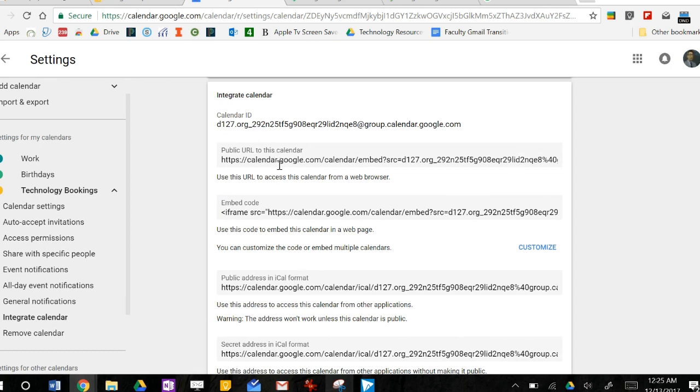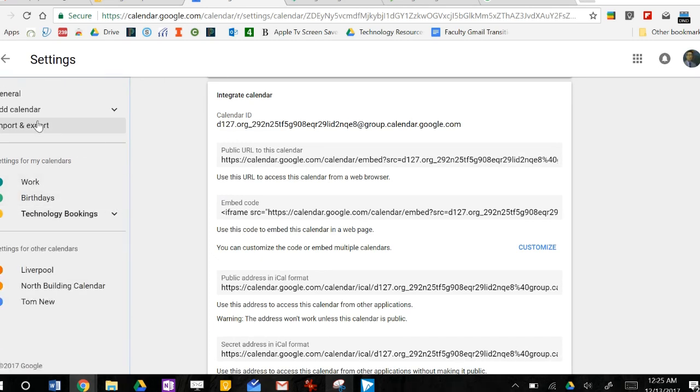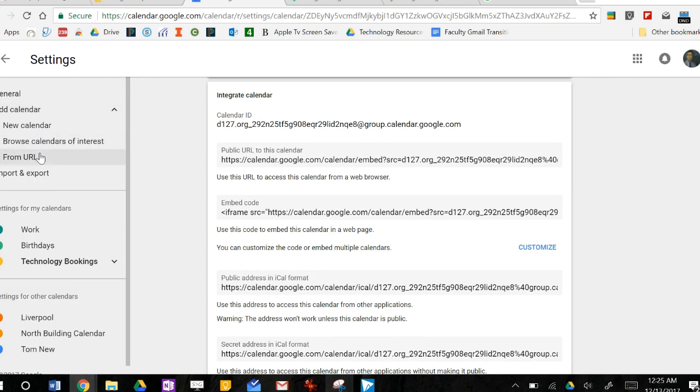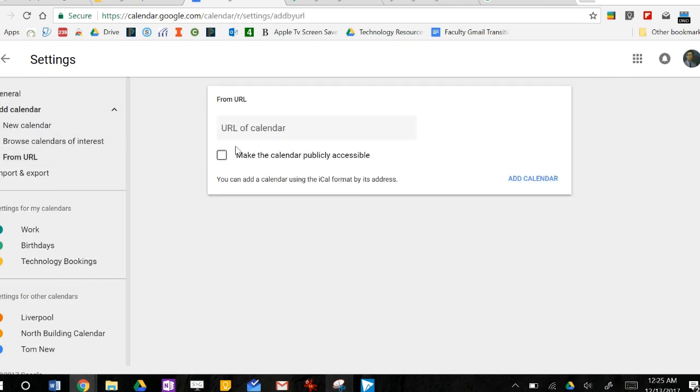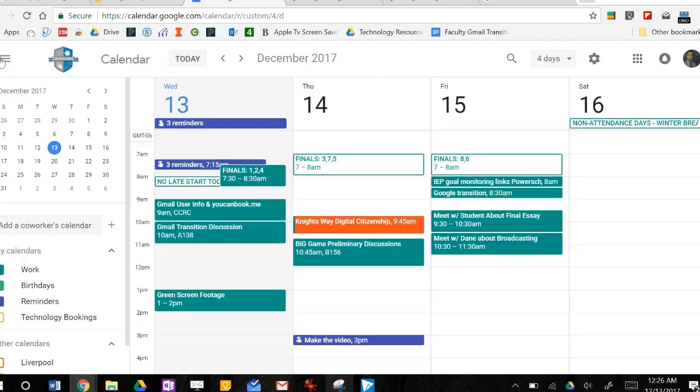Been a little bit longer than 2 seconds. Going to bounce over to show you how you can subscribe to it. So you'll go all the way back over to your settings where it says Add Calendar. Underneath Add Calendar, there's From URL. Click that, and you would paste in that option. You can tell your students to do that. You can do it yourself if someone's sharing a calendar, but that's how you would share